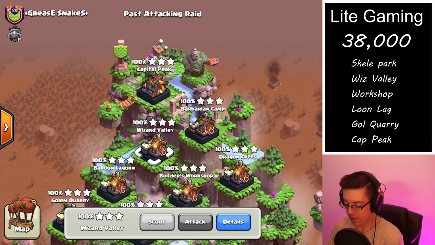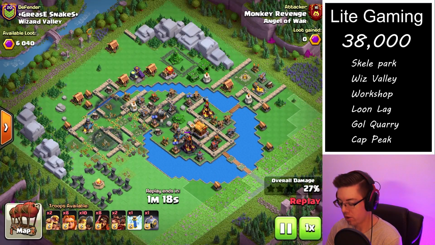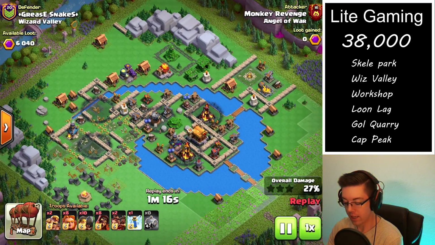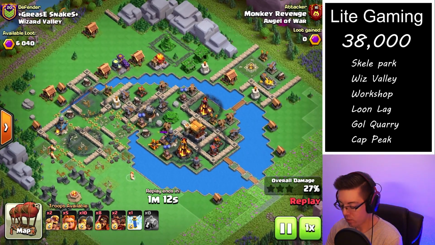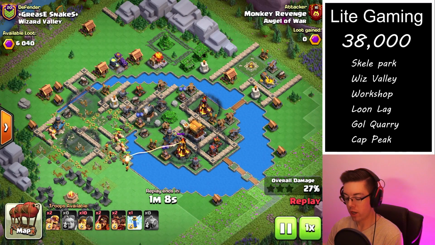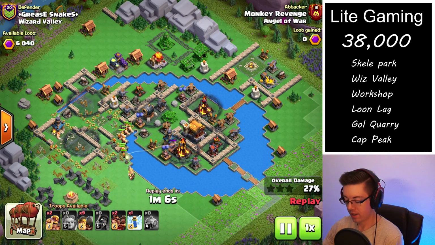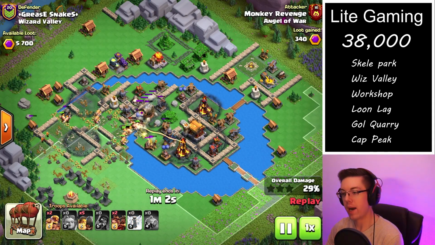But in the event that some of those are taken, or they're too strong and you don't want to worry about them, you can also hit some of these other bases, like the Wizard Valley. Typically the Wizard Valley is very, very easy to 2-shot. You can pretty much 2-shot it a variety of ways, but this is sort of my go-to graveyard ground spam